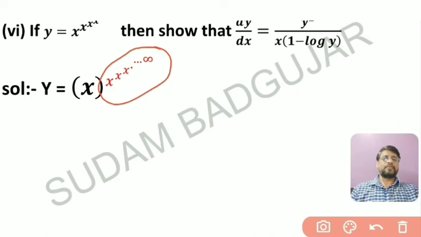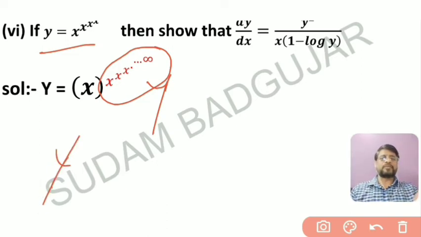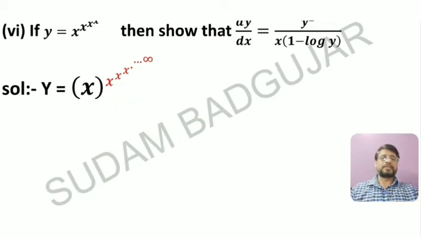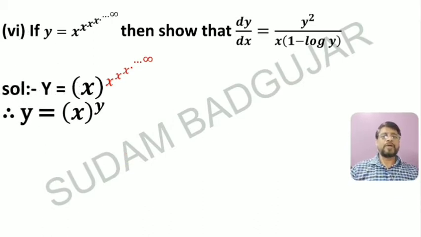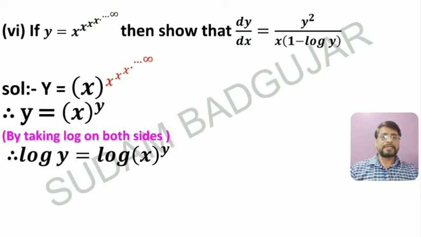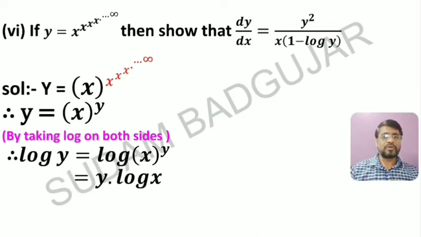Again it is y. This becomes y, because y is this form, given in this form. So you will get y is equal to x raised to y. It is a variable raised to variable form, right? It's very simple. By putting y, therefore y is equal to x raised to y, and this is nothing but variable raised to variable form. So by taking log on both sides, you will get log y is equal to log of the RHS. Again you have to apply the log m raised to n formula, and that is nothing but log y is equal to y into log x. Now you have to differentiate this.